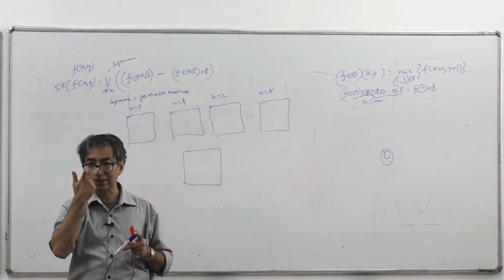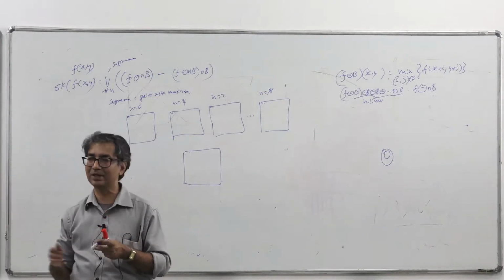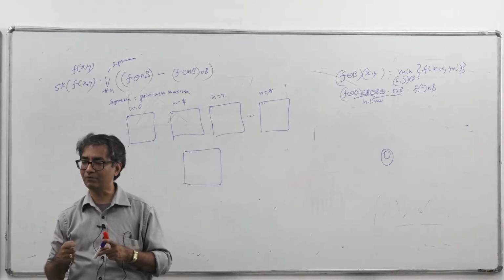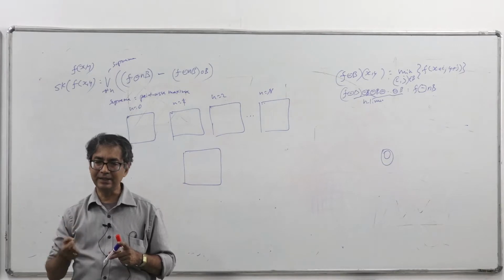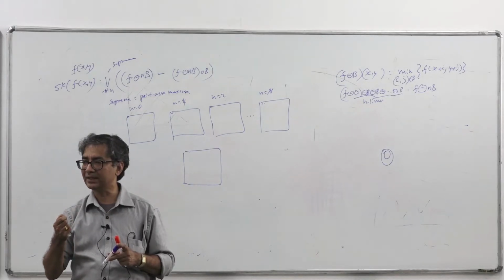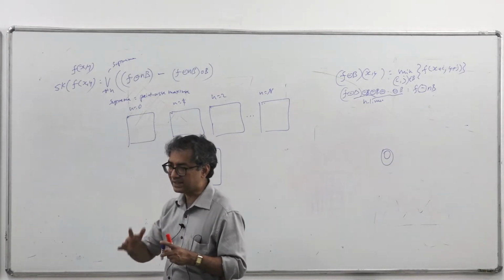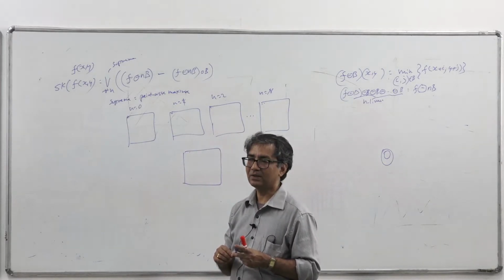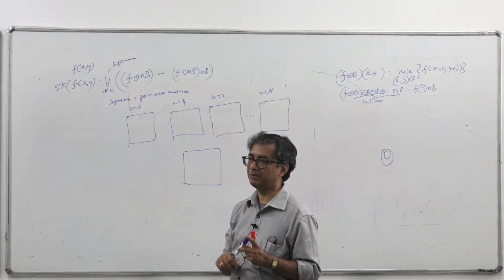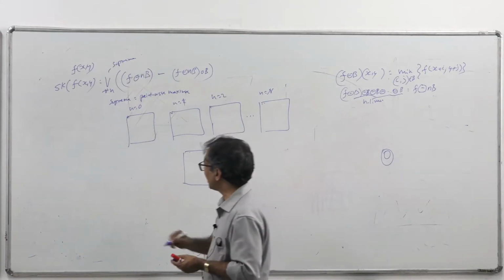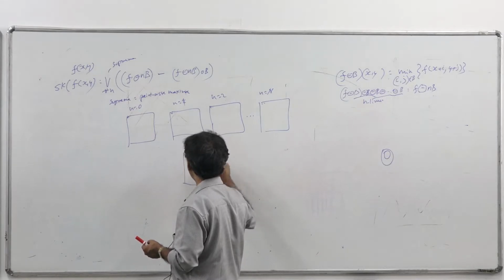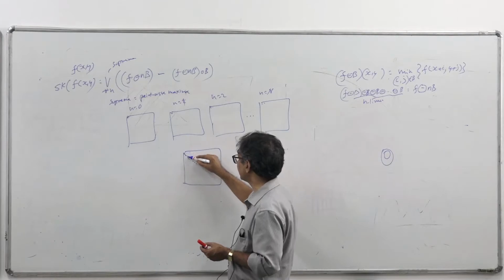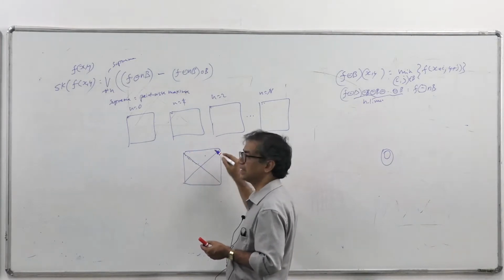Then you might ask me, why have we learned such a complicated process? In binary skeletonization, the skeleton would be well connected, indeed 1 pixel wide, but here, because of the grayscale variations, the network that we get would not be continuous. There will be many discontinuities. Suddenly a line would come and then there will be some kind of discontinuity, whereas in the binary case, it is perfectly connected lines.